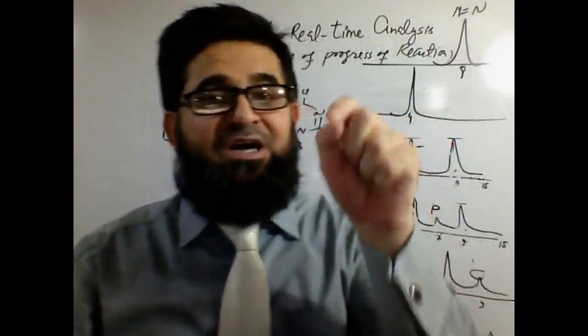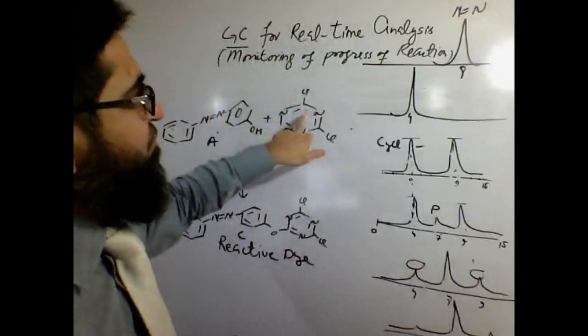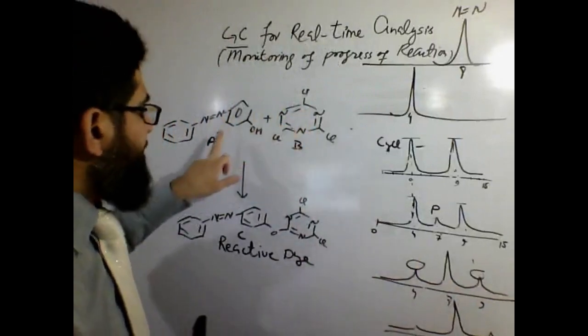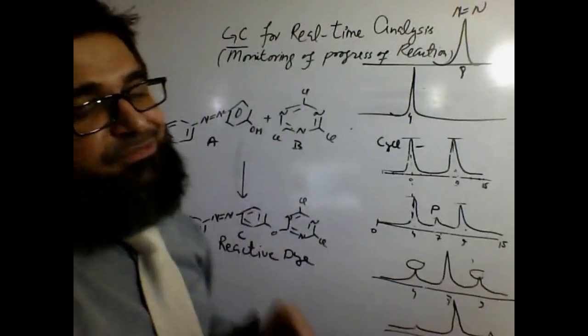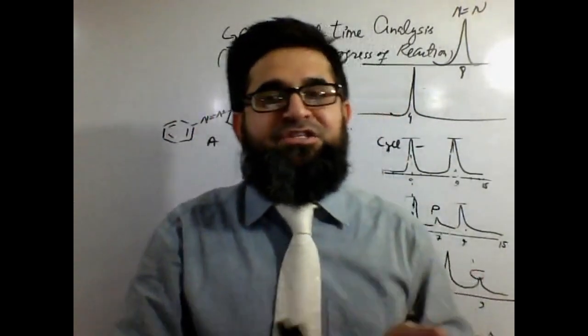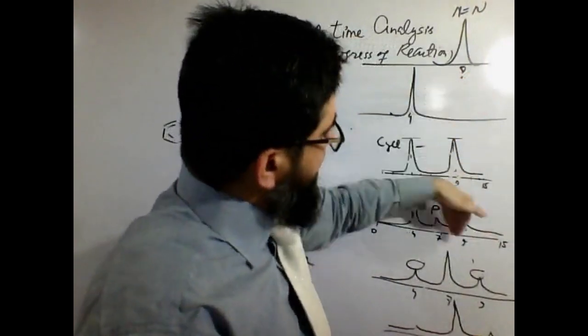This is called running of the standards. Standard means we have an idea what is what. Then we can run the other standards as well. From those standards, when we run them separately one by one on GC, we will find their peaks at 4 and 9, then we can correlate with them.